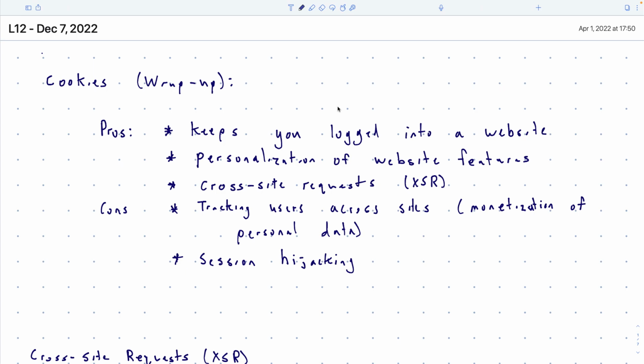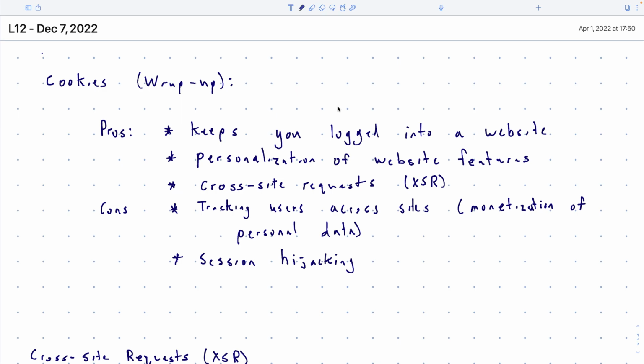Okay. So last class we talked about the cookie policy. Just in short, the pros of using cookies are they keep you logged in. That's the main reason why. Or they remember something about you. So it doesn't have to be a login. It could be that you prefer the English version of a website. But anyway, personalization of website features, it remembers it, it's sticky. As long as you keep going back with the same browser, it's going to remember you. And then if you log in, it can remember your session. And so when you come back, you don't have to log in. Or every time you click on an email, you don't have to log in, that type of thing.